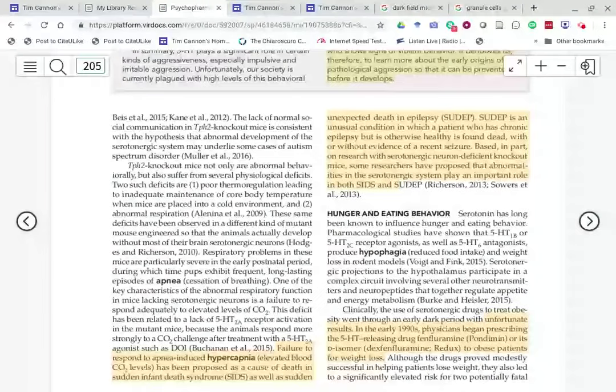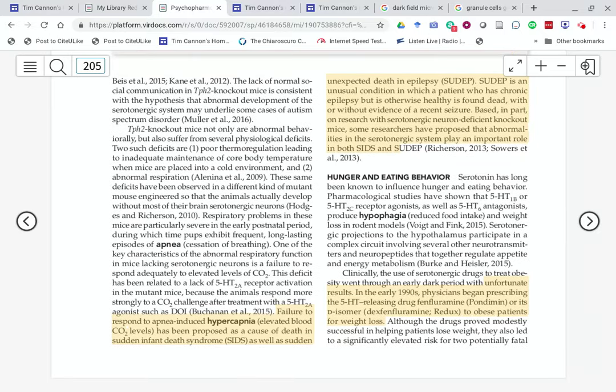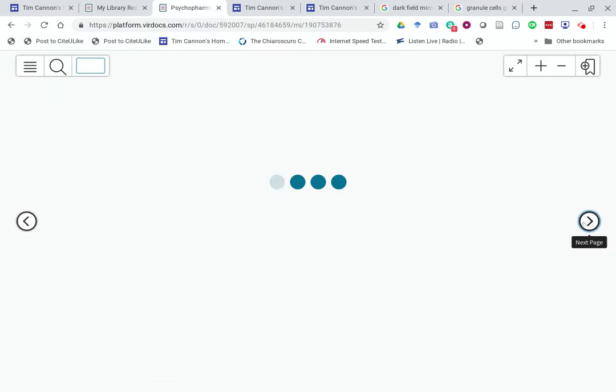Unexpected death due to epilepsy. There was just a famous case, a Disney actor who apparently suddenly died, and he had epilepsy, and it may be related to this, but I haven't really looked at it. There's fen-phen again, obese patients,